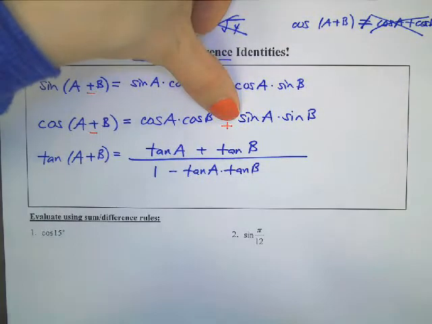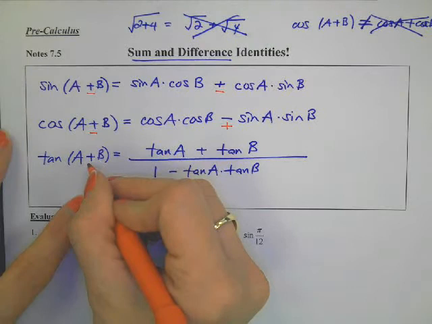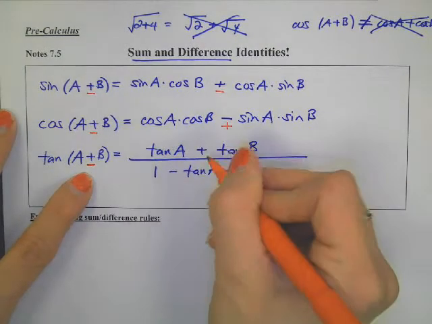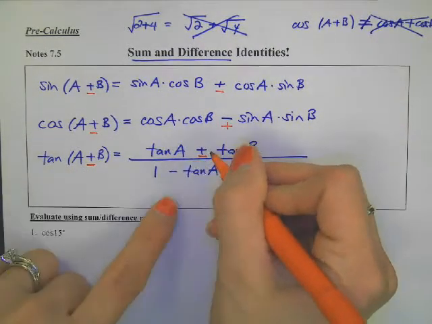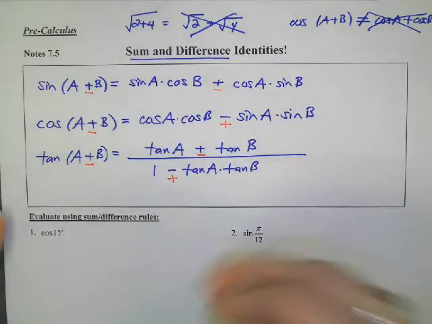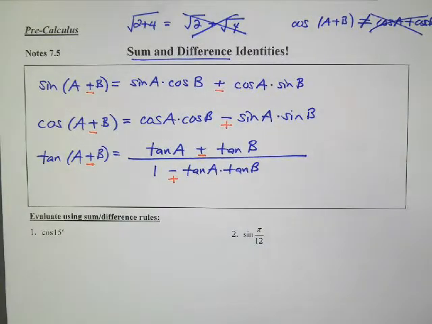So it's either the blue or the red pen. If tangent starts with minus, then you put a minus in the numerator of your work and a plus in the denominator of your work. So there's the next 3 formulas. It's the same as the first 3. Sine, cosine, cosine, sine,